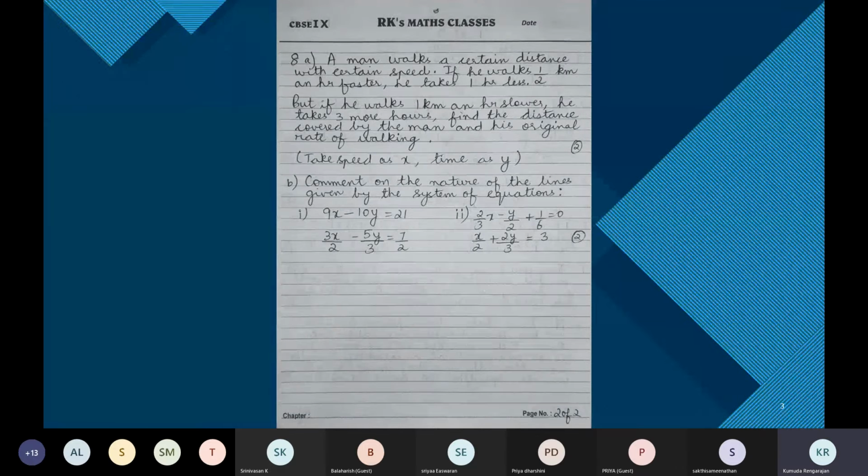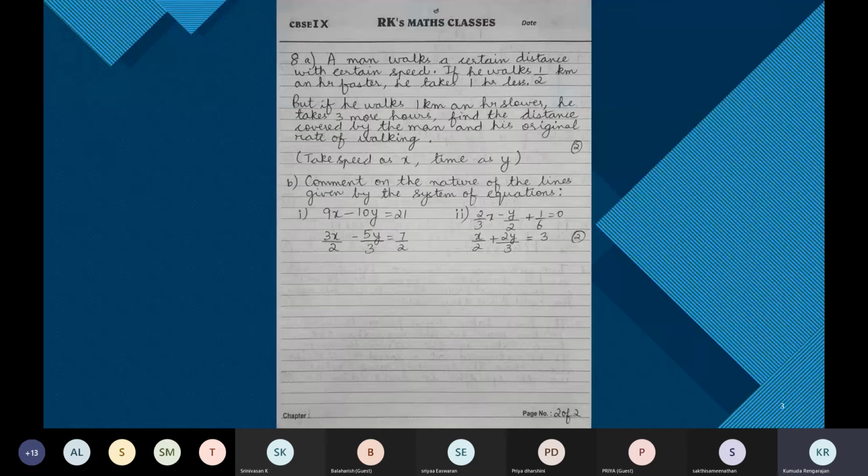I told you why we are assuming speed and time. Because in the question, these two quantities, speed and time, are altered. Speed is equal to distance by time. In this formula, the three elements are speed, distance, and time. And when you find two of them, you can find the third one. When you find speed and time, you can easily find the distance.